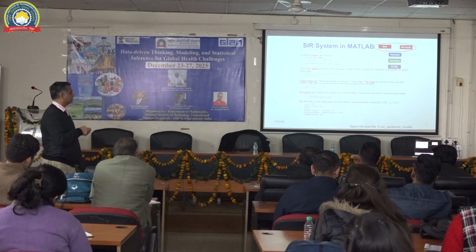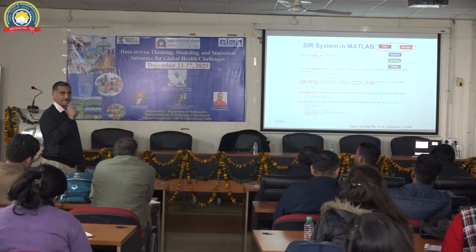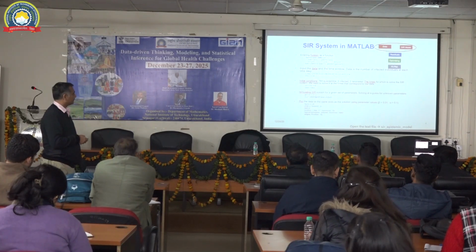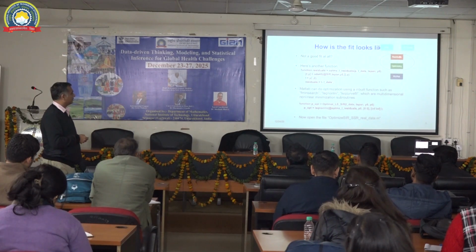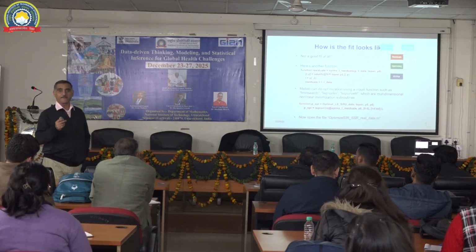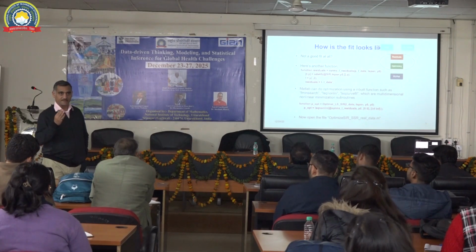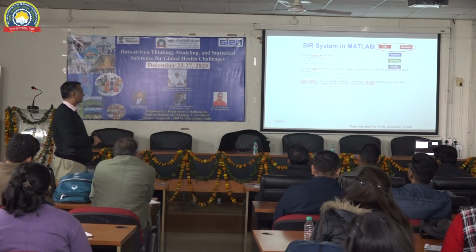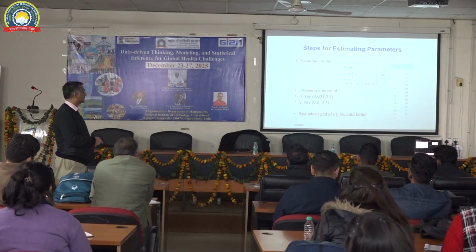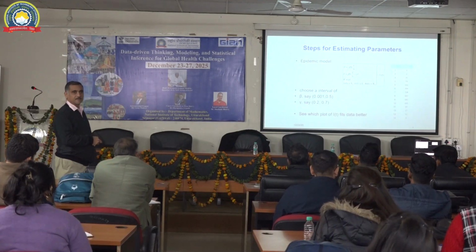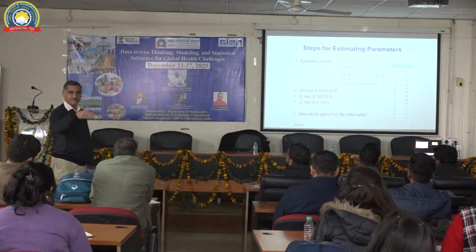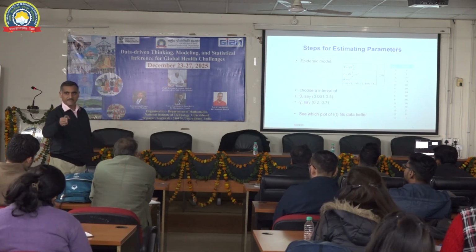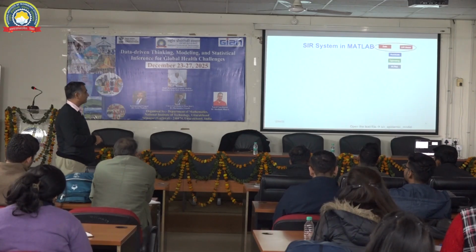Okay, but this is done only for one value of beta and one value of gamma. Now what we want to do is estimate what is the right beta and what is the right gamma that gives me the data that we have obtained. Remember, the data looks like what? Data is this, right? This is coming from the hospitals in the boarding school. First day these many patients. Second day that many patients, so on and so forth, right?